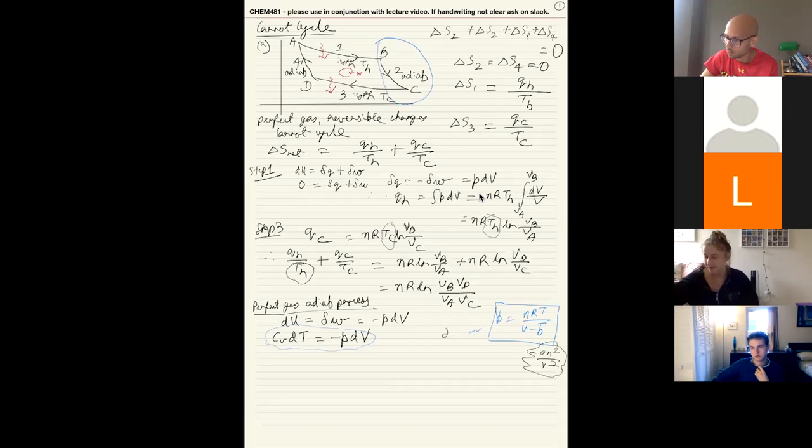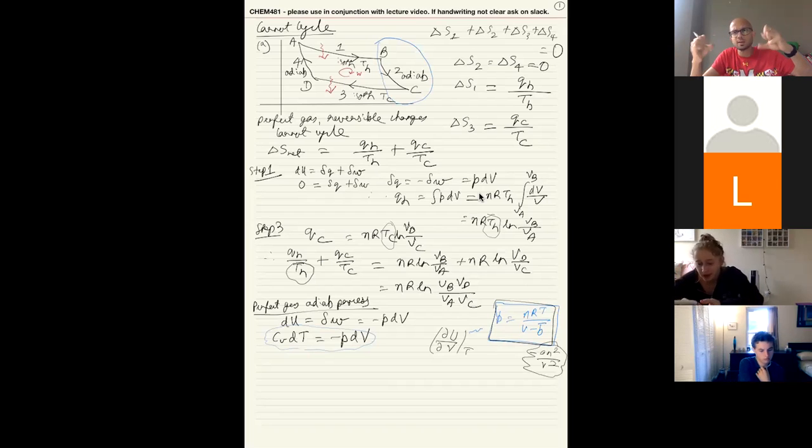First is to actually calculate partial U by partial V at constant T, the internal pressure, which we can do if we knew the Maxwell relations. We haven't done that. So there is a very mathematical way of showing that this will be true. But even without math, you have to recognize that all this is doing is to take the particles and make them of a finite size, so they cannot sit on top of each other. They are basically like an ideal gas because when they are away from each other, they don't experience anything. So the internal pressure is still zero, and that's why the second term vanishes.